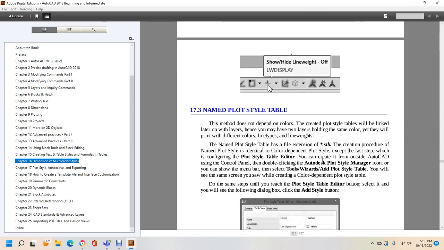Alright, the named plot style table. This method does not depend on the color of the created plot style. The tables will link later with layers, hence you can move two layers holding the same color, yet they will print with different colors, line types and line weights. A named plot style table has the file extension